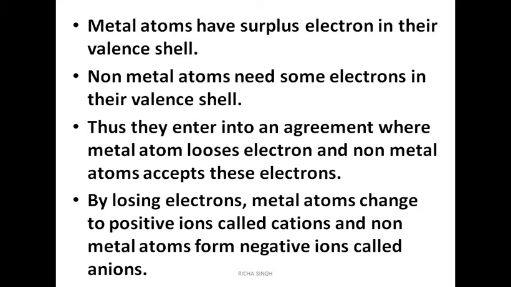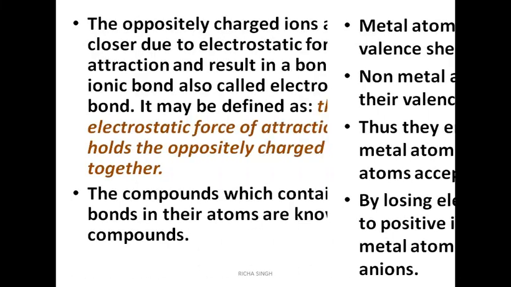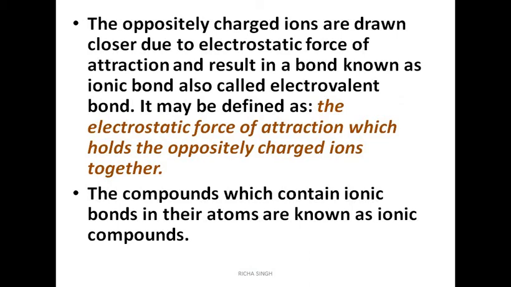Metals, as you all know, have enough electrons in their valence shell, and non-metals have a deficiency. So they both enter into an agreement or pact where metals lose electrons and non-metals accept. By losing, metals change into positive ions, that is cations, and non-metals into anions. Now these oppositely charged ions are held together by a force